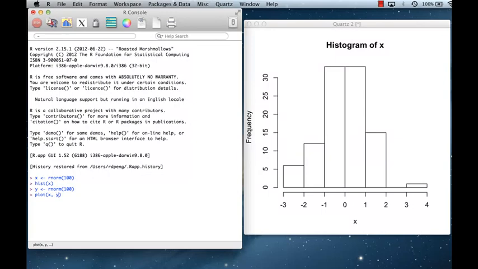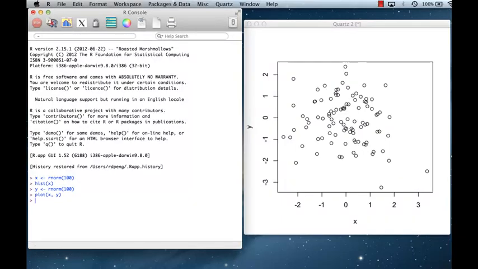So now the plotting window is already open, so when I call plot, it's not going to launch a new plotting window. It's going to send the plot to the current plotting window, which is this one here. So I've called plot, and you can see that it makes a scatter plot of the points. The default plotting symbol here is an open circle, you can see. Again, I didn't specify any arguments besides x and y, but a number of things have occurred in the plot. For example, the label here is specified as x on the x-axis,